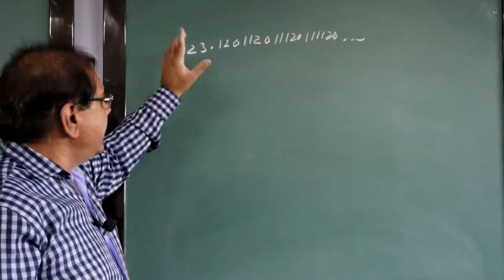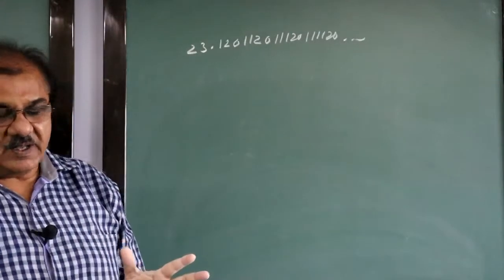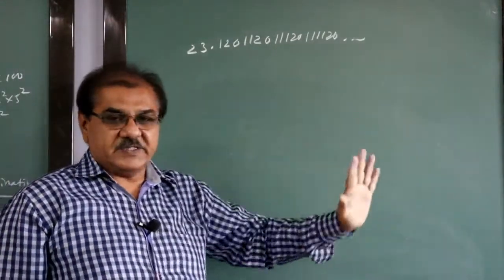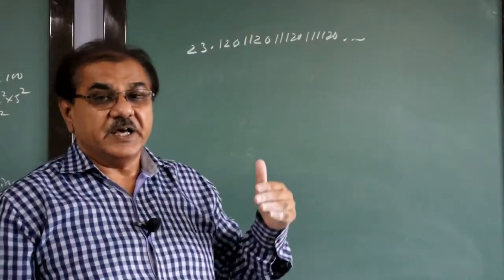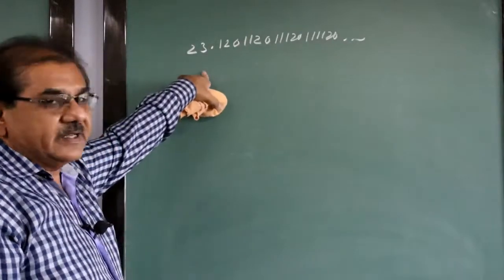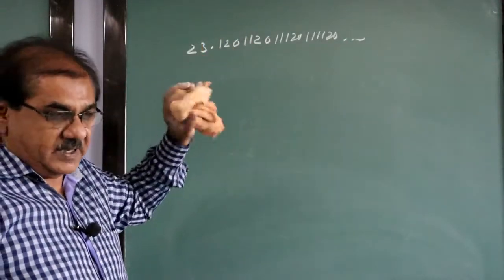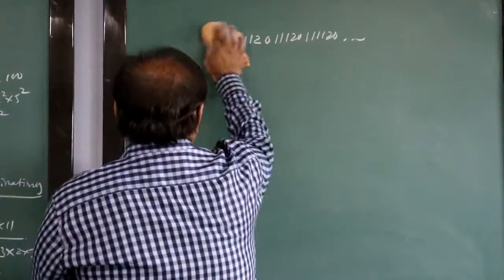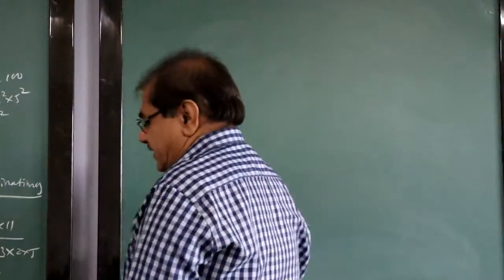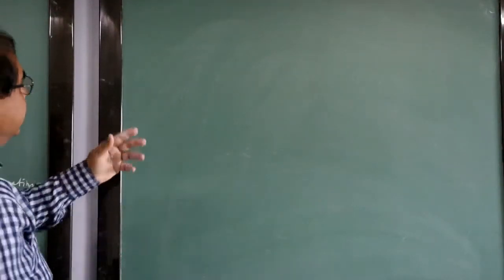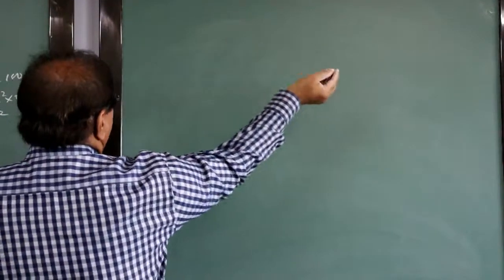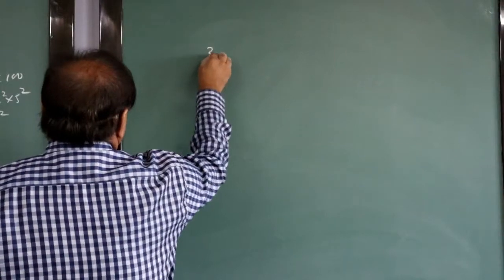So when the decimal expansion of some number we get in this form, which is neither terminating nor recurring, then definitely that is an irrational number. Okay? So this is how we can differentiate between rationals and irrationals. Now one example I tell you, you will tell me what type of number it is.